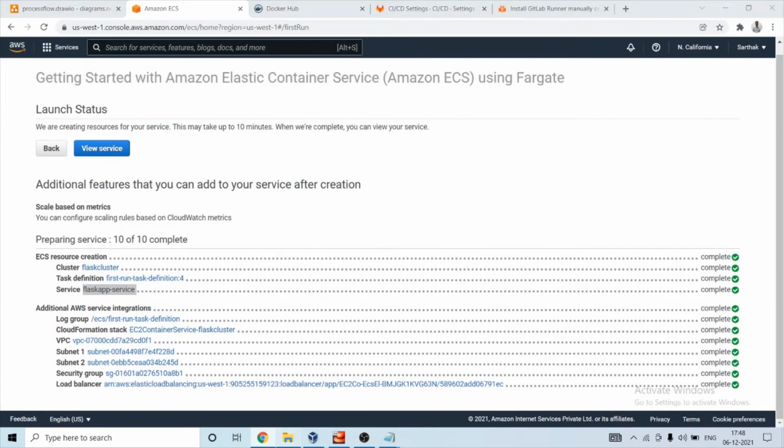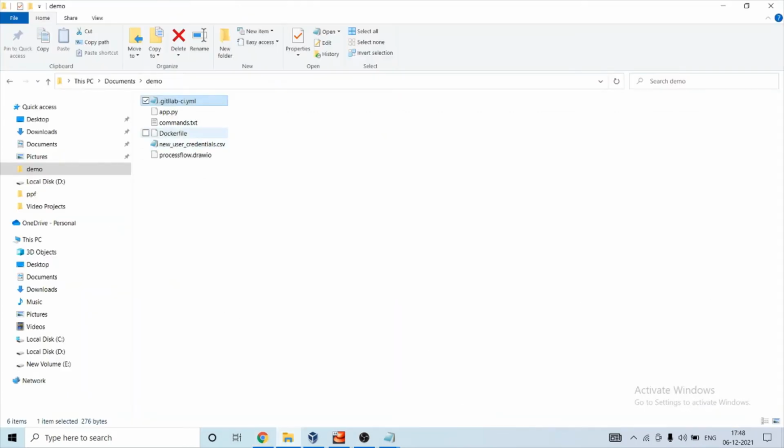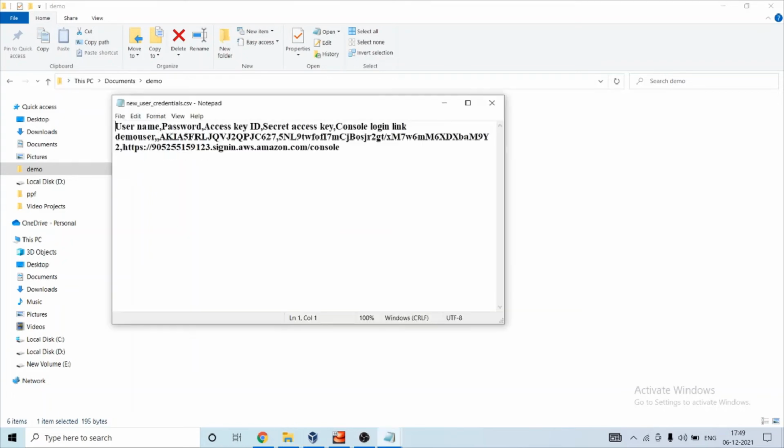We need to provide our access key. Let me open this. So this is our access key ID.